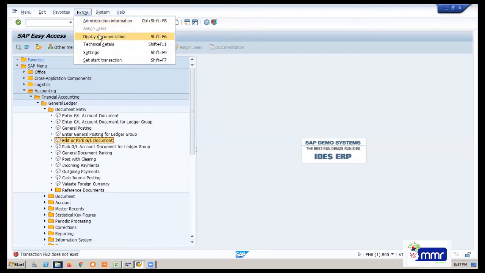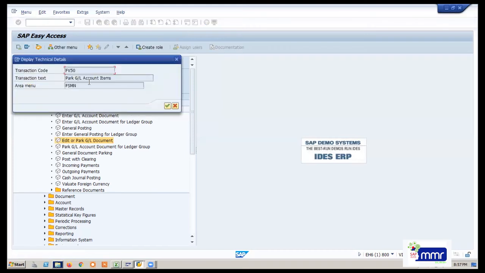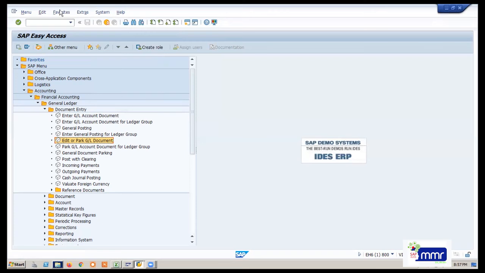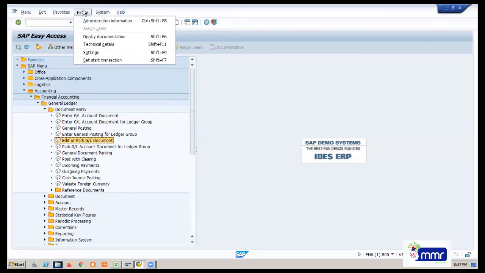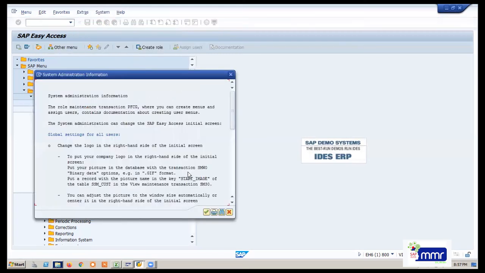Technical details. If you go here you can see T codes like FB550. Like this you will get. Sometimes it will not work for all the things, but you can get some T codes like this. If you don't know the T code, you go to Administration Information or Display Documentation. Administration Information, if you go,